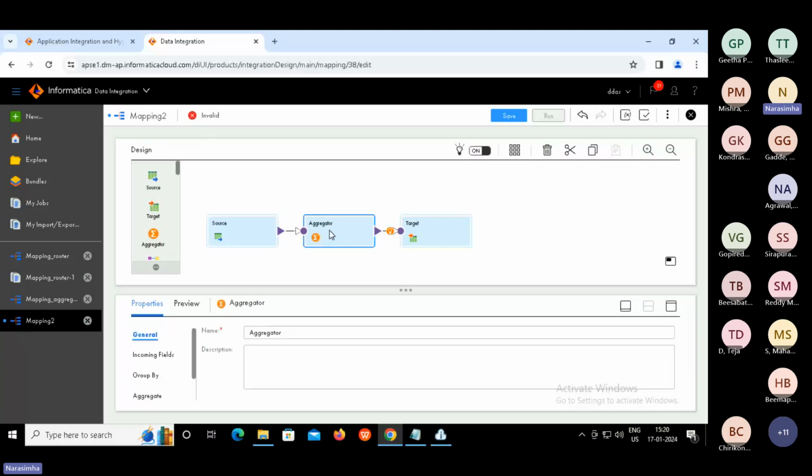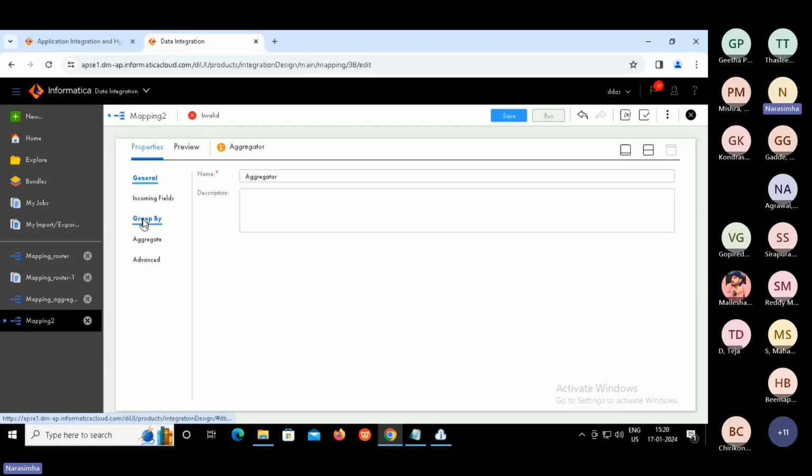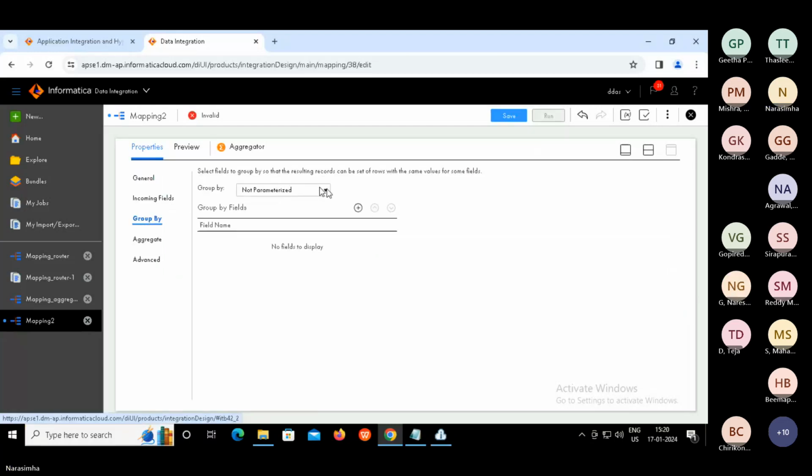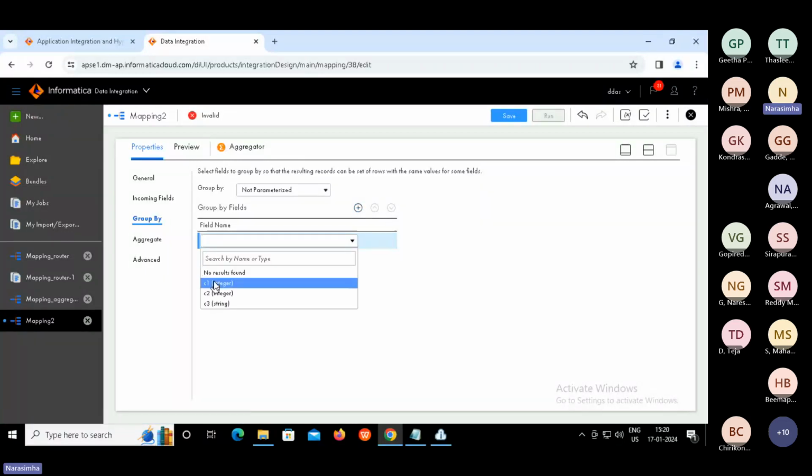Now select aggregator and select group by. Here click on plus and select C1, which is a group by, right? Yes or no? This is similar to earlier. Till this, it is same as what we did earlier. Now go to aggregate,